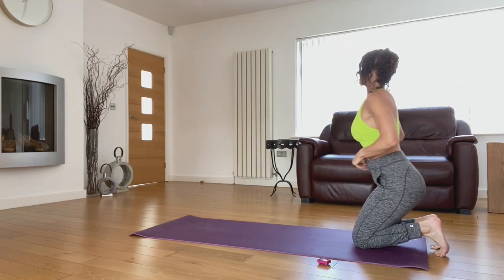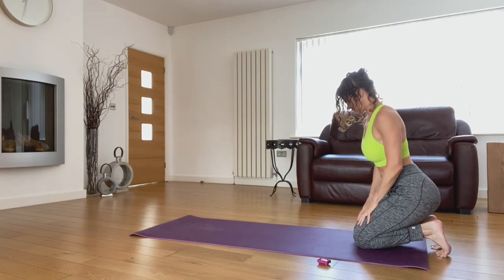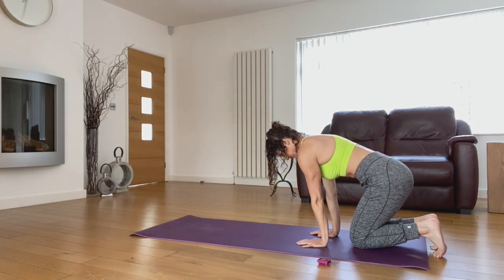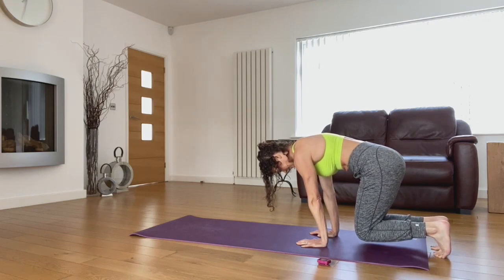We're just going to use opposite limbs to propel ourselves forward. It sounds easy, right? But if you are anything like me, you will find this challenging to begin with. A couple of tips: tuck your chin and engage your core. Keep your back flat. To start, press the ground away with the hands and try lifting the knees an inch